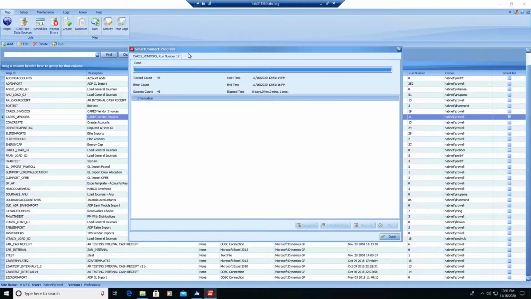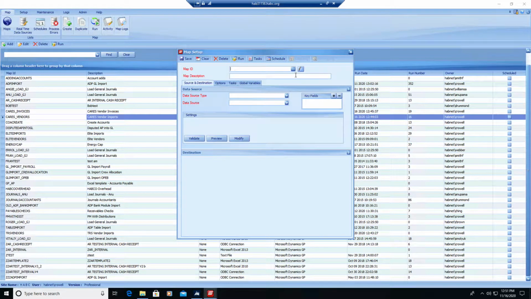And I'll be prompted with a progress bar, number of records in the file. If there were any errors, it would say it here, and then the number of successful information. Any errors would be listed down below in this white space, but for this, I'm done integrating the vendors for this pay run. So I'm going to click done with this integration. I'm going to go back to my map setup,